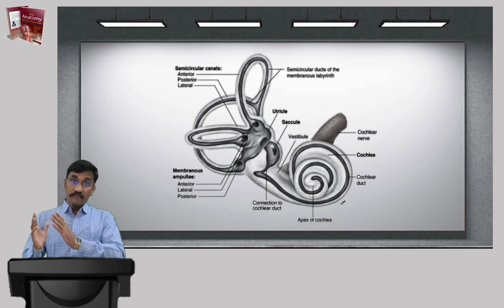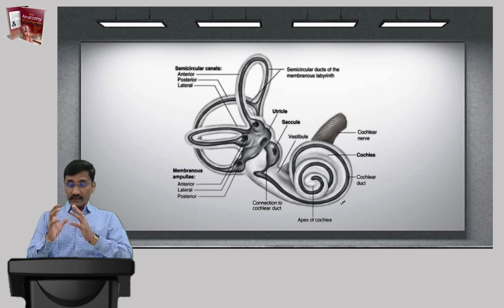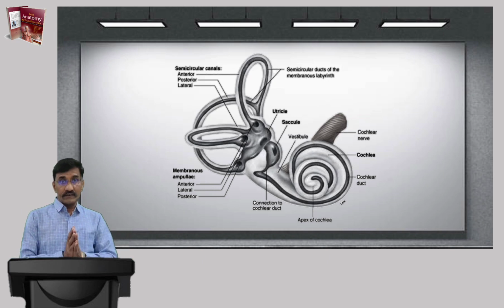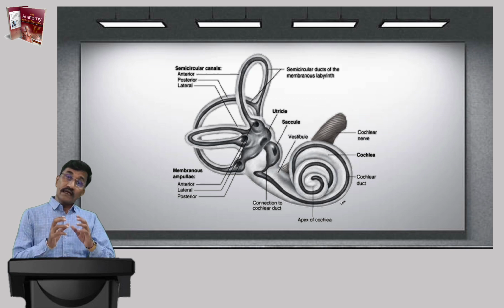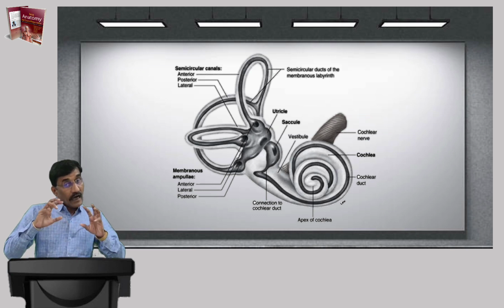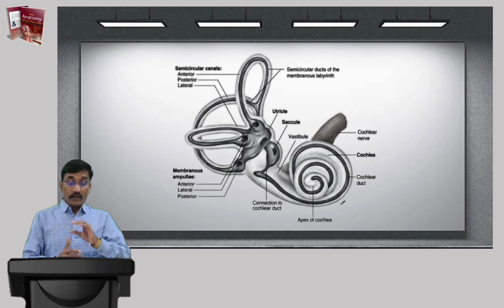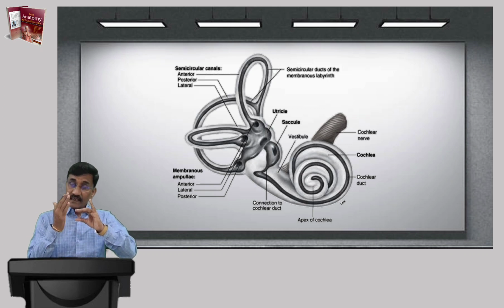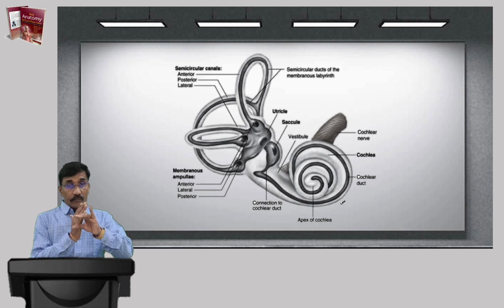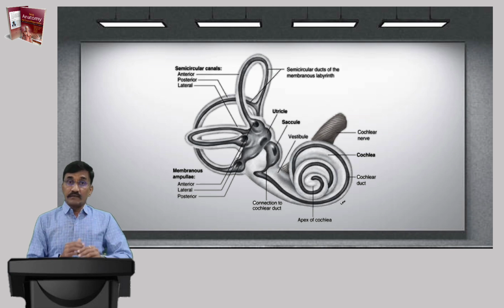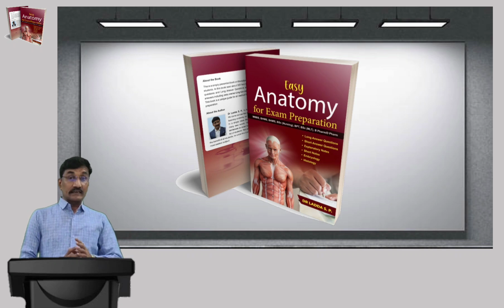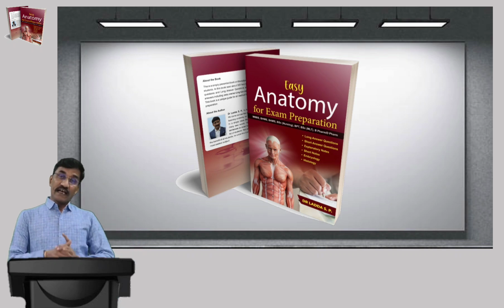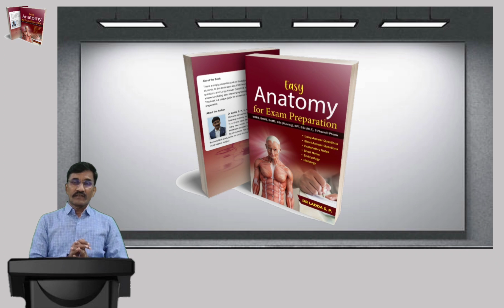And again, like the middle ear, where all 3 ossicles are attached together and form 2 joints, in the same sense all 3 parts, vestibule, cochlea and semicircular canal, are attached together. Rather, you can say the vestibule is attached anteriorly with the cochlea and posteriorly with the semicircular canal. So these are the 3 parts, but these are the bony parts, and inside this bone, there is something.